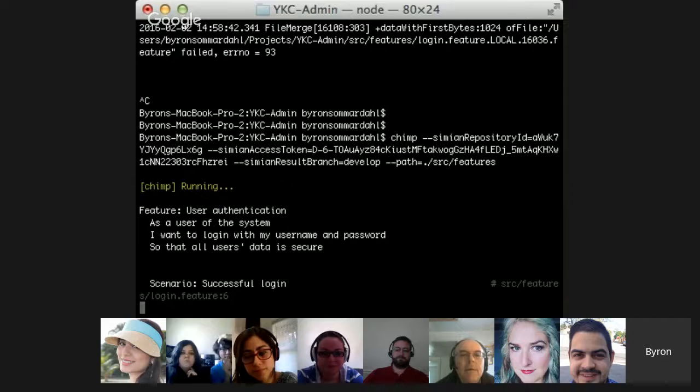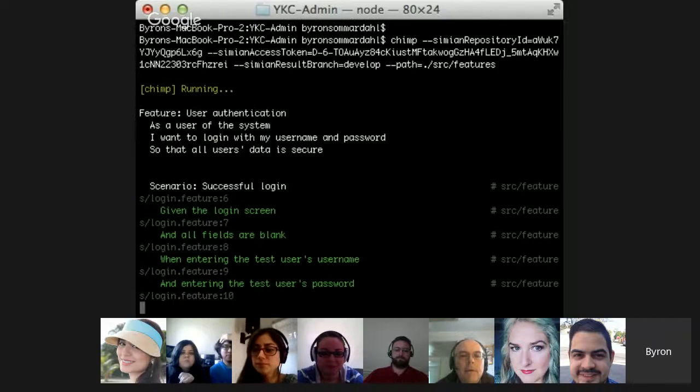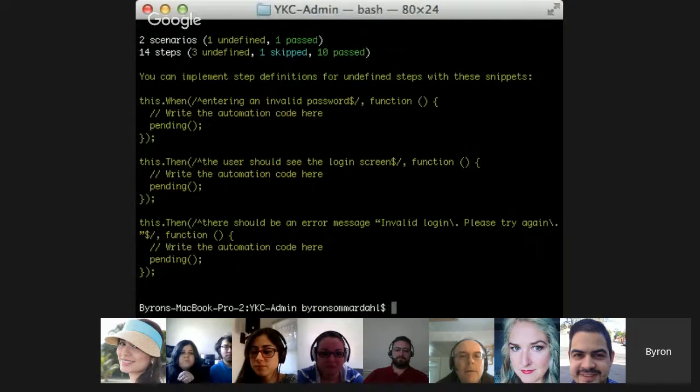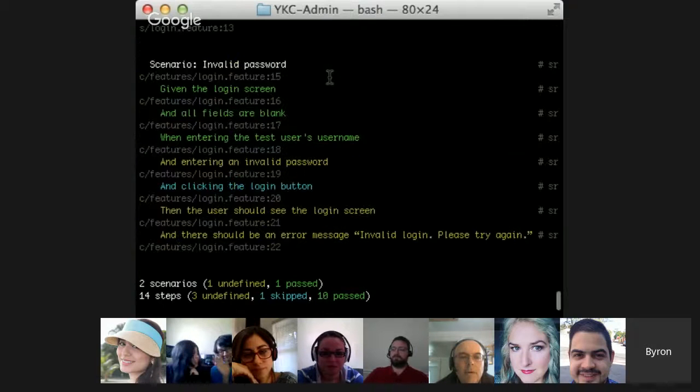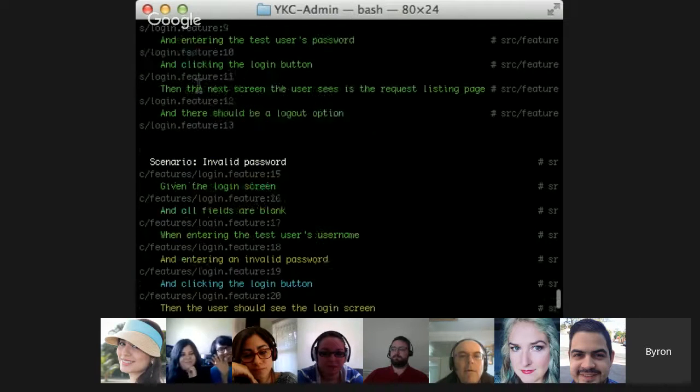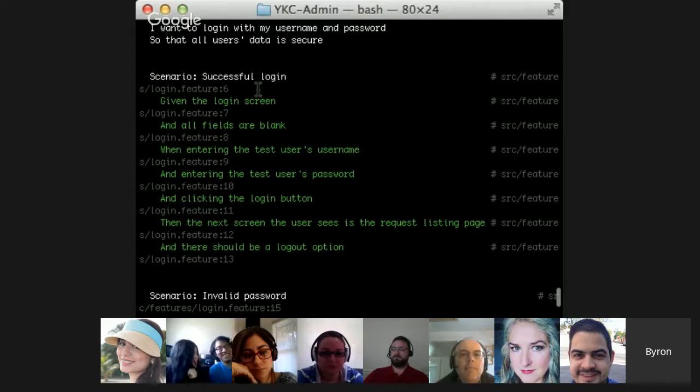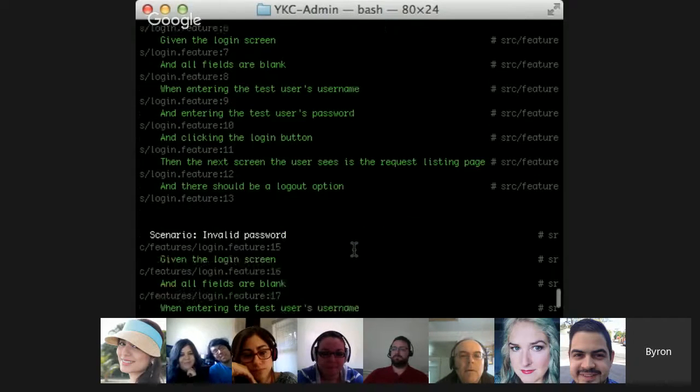Oh, so you can't see what it's doing right now, but it opened up a browser window, and it actually started typing into the username and password fields. And man, if I could show that to you, that'd be so cool. But my screens are too big, and it would blow your mind. But you can see here, back up here, the successful login, all of these passed. Green just means pass. It's the international symbol.